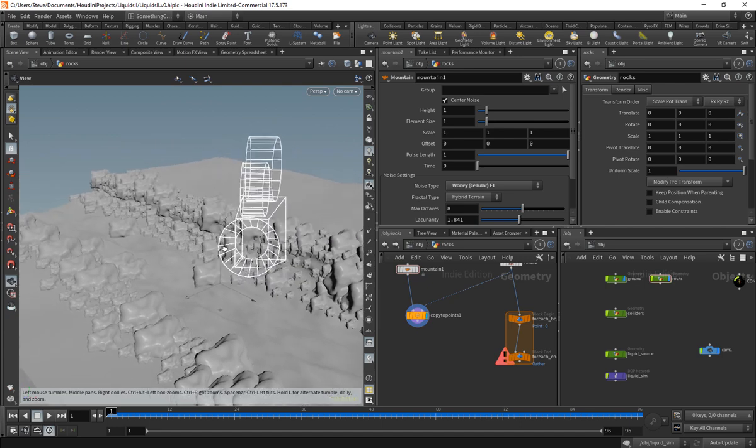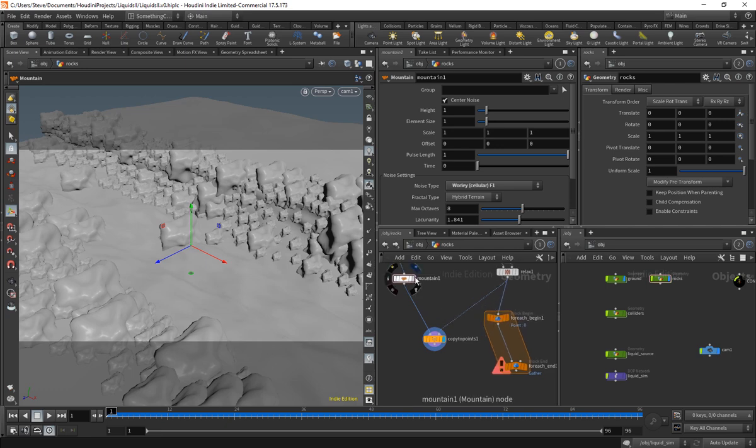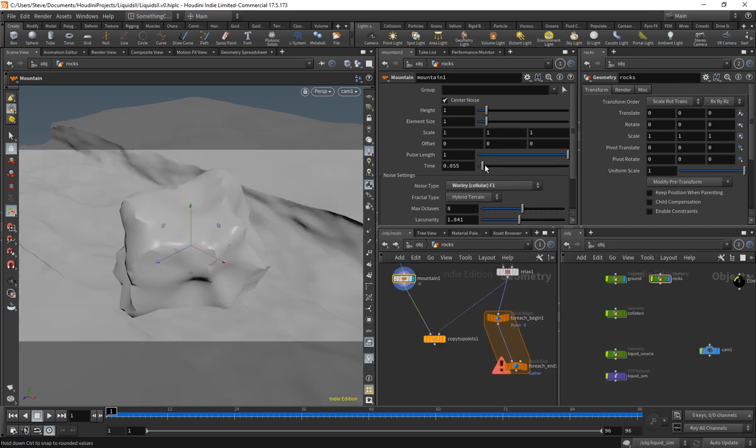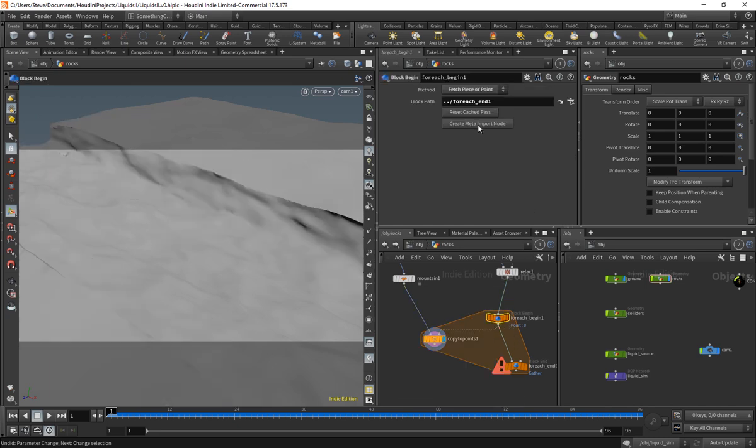That's cool, but they all look the same. So now let's do it per point, where we say the mountain has this thing here called time. When we change the time, we get a different result. So instead of being content with them all being identical, within this for loop, we can click Create Meta Import